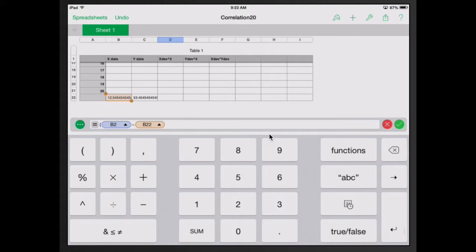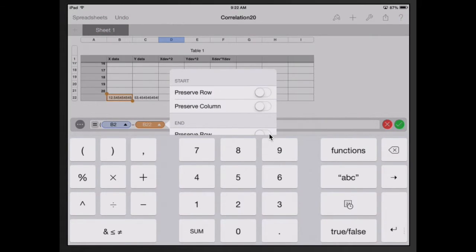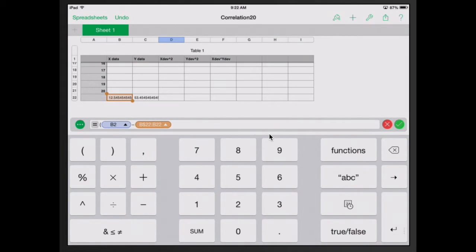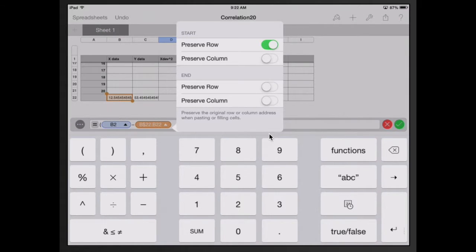Tap on that. Now, I don't want this to change as I drag it down. So I tap on the little triangle in my formula, and I need to preserve everything. Didn't quite get it. There we go. Got to tap it so I get all of those. So now it's going to be an absolute cell reference to that cell. Hit my check mark,